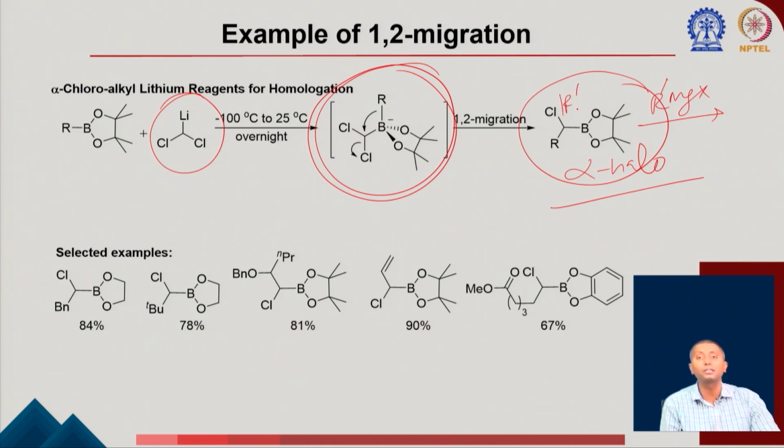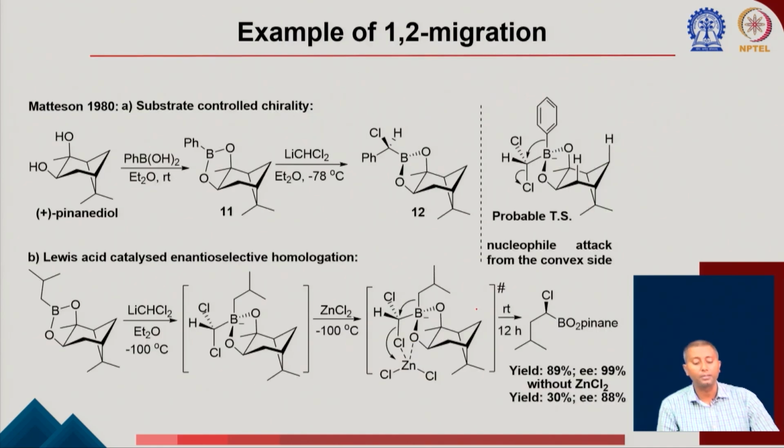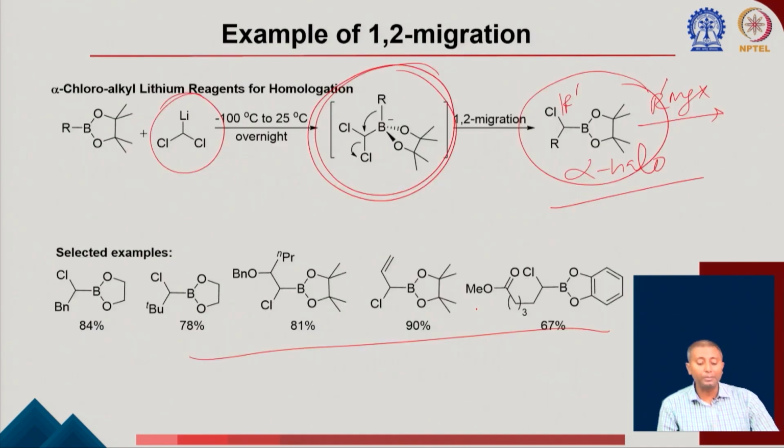That means you can do two reactions simultaneously. In some of these examples here, you can make different types of these alpha-halo boron compounds from this reaction. Again, one thing I think is important in the previous slide, I should mention: we are running the reaction at a very low temperature. You can understand this is a very reactive species,